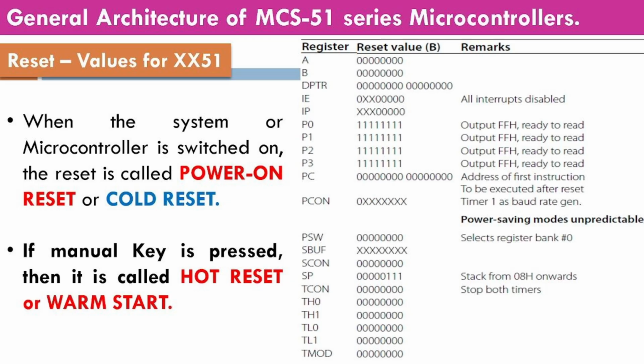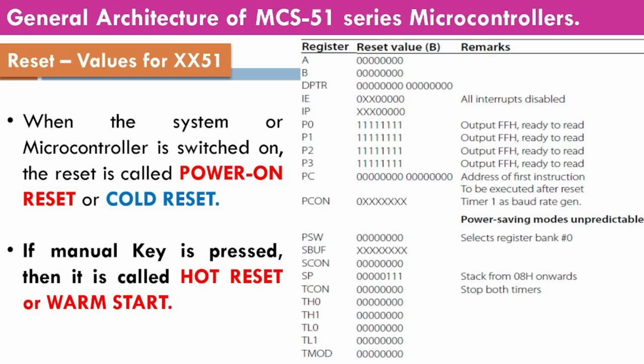Now, let's focus on 3 highly critical system registers: the program counter, the stack pointer, and the program status word. The program counter, or PC, resets to a full 16 bits of zeros. This is arguably the most important reset action, as it forces the CPU to fetch its very first instruction from memory address 0000H. The stack pointer, SP, resets to